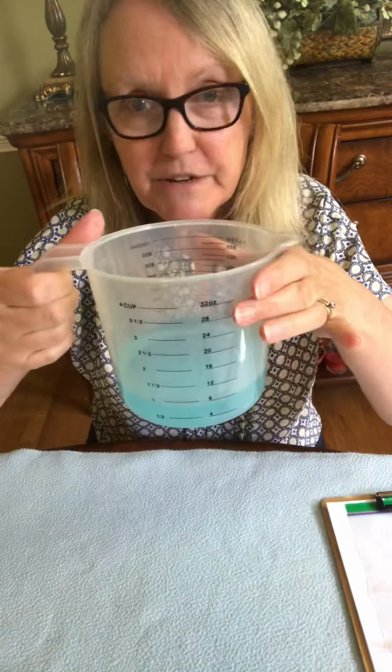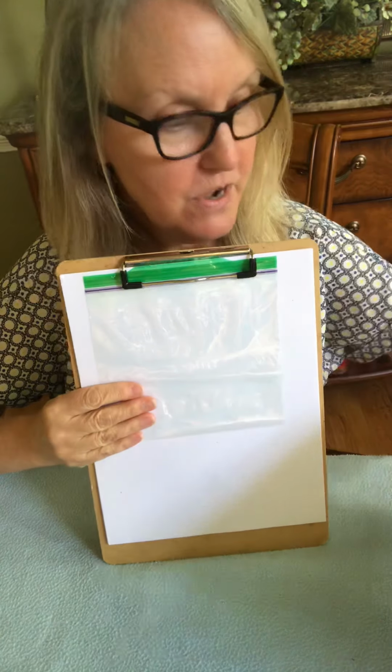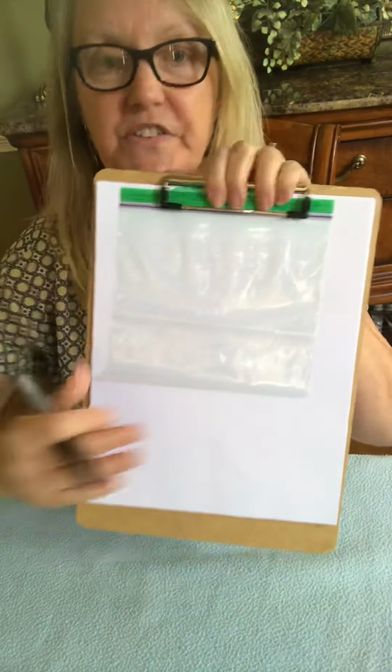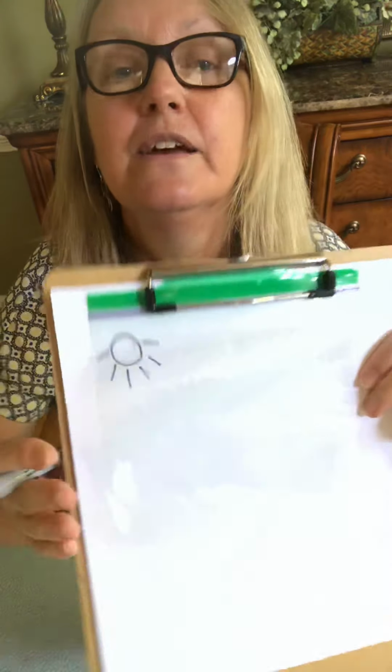So I have a little bit of blue water, and on the outside of my bag, I am going to draw a little water cycle. I'm going to put a sunshine on mine because the sun is what causes a lot of the evaporation, right? The heat. So you can make a sun. I'm putting mine on this side, and it really doesn't matter what side you put yours on. So I have a little sunshine,